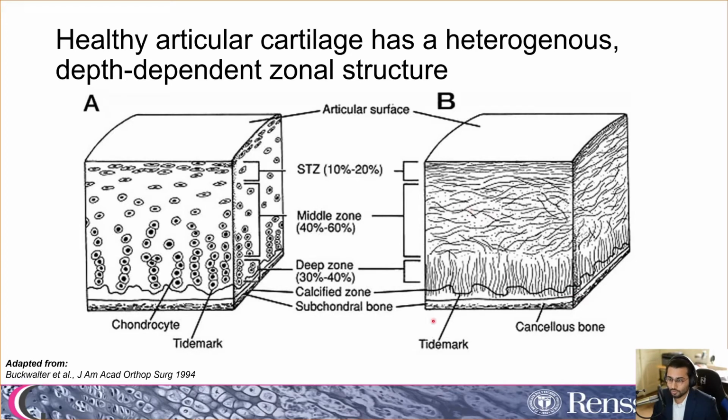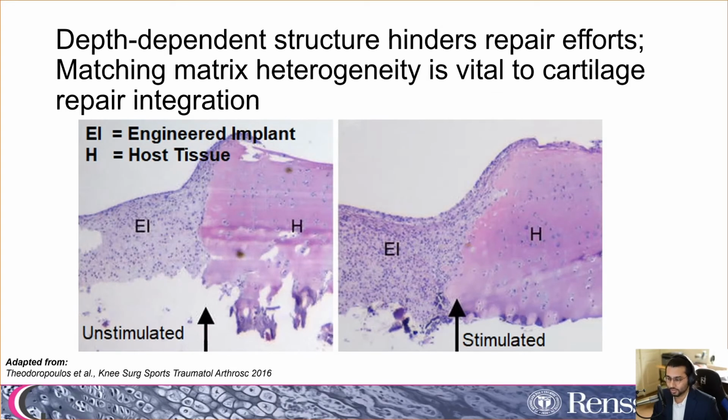Each of these three zones has unique mechanical properties and contributes to that zonal depth-dependent structure, which means that this complex structure is actually very difficult to recreate. So here we have an example of a cartilage study with an engineering implant and some host tissue. They're just examining stimulation versus non-stimulation on the repair interface. We can see that there's a clear interface between the engineered implant and the host tissue, which is enhanced with